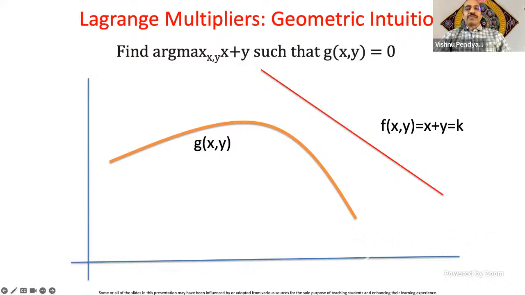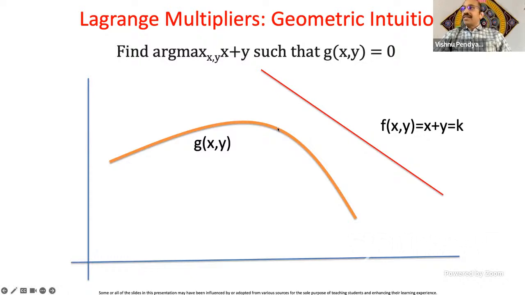So how do you determine the optimum value of f of x comma y? If the line is above the constraint g of x comma y, it's not going to help, right? Because the constraint is not met. If the line goes below g of x comma y, then it intercepts the constraint curve at probably 2 places, but those 2 places are not optimum. The optimum is when the slope of this line is the same as the slope at this point. So when this line touches this point, both the slopes are equal.